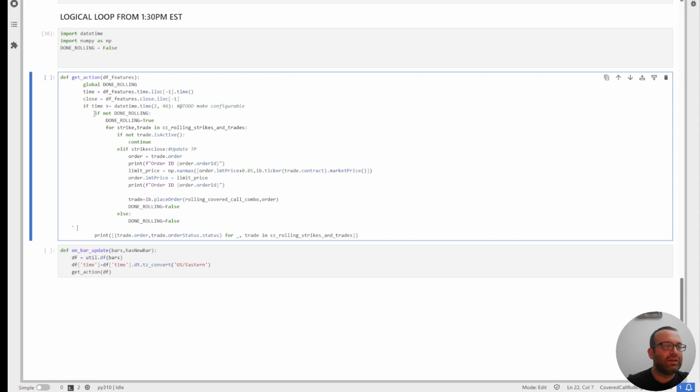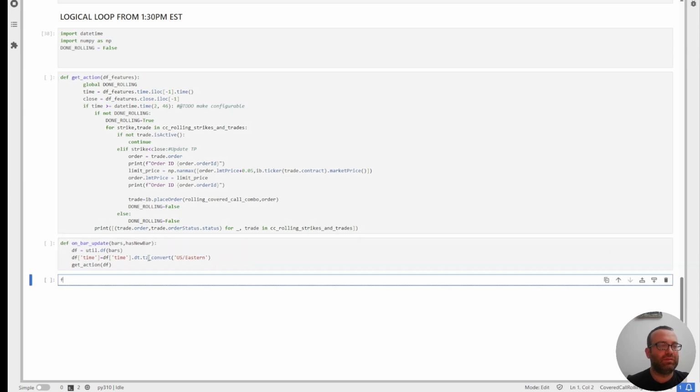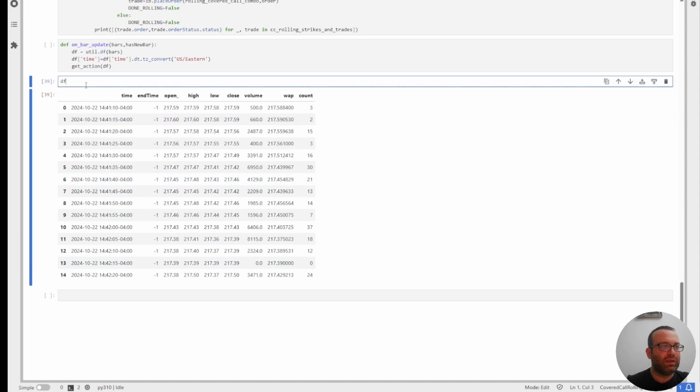Forget it. We don't need this. So basically, what I want to do here is, if we're not done rolling, from the data frame you check the time. That's the latest time value, and you do this time to get the time. Just to remind you guys, if you have a df like this and you do df dot time,